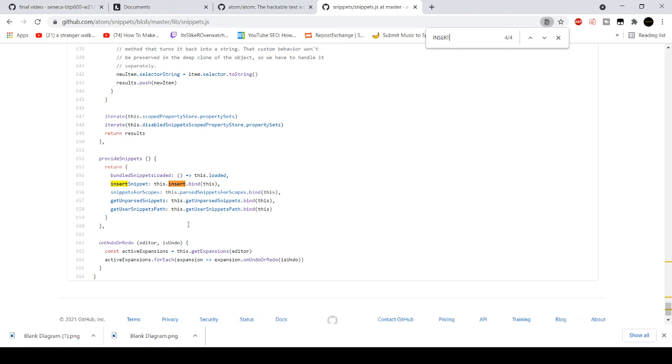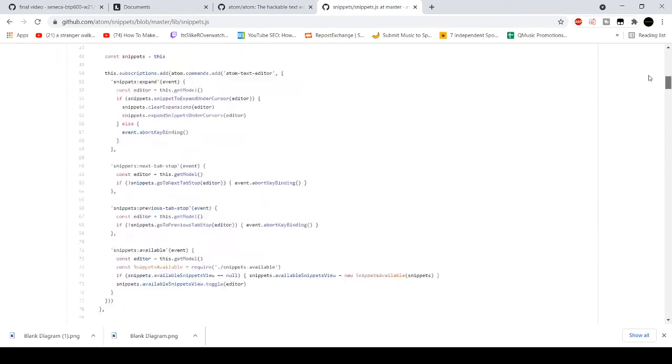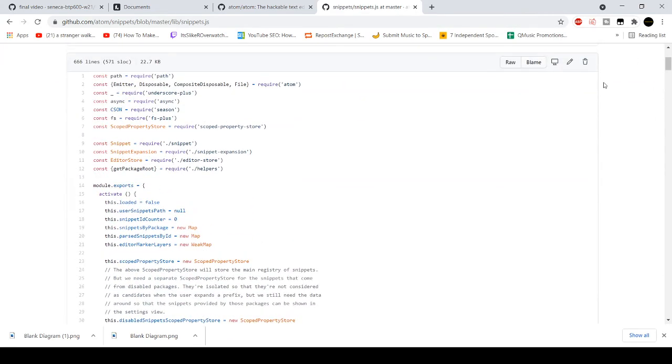Provided snippets is where it's called. It's inserting there. Oh no, that's wrong. Here it gets called, in which it's inserting and setting the receiver. So the part where it creates the snippet is up here. It creates a bunch of objects. It also creates an expansion and the snippet, invoker, and